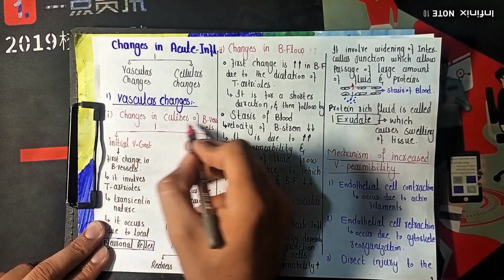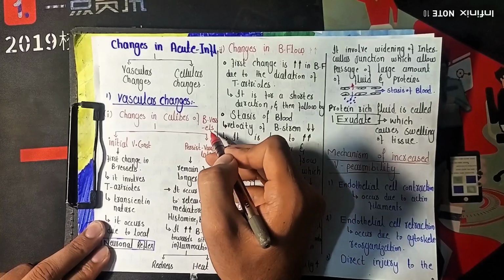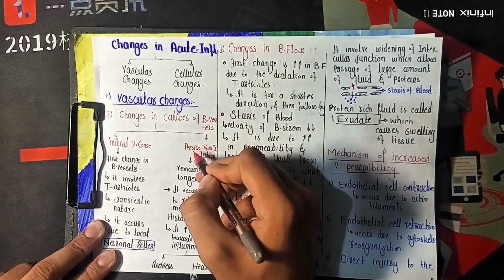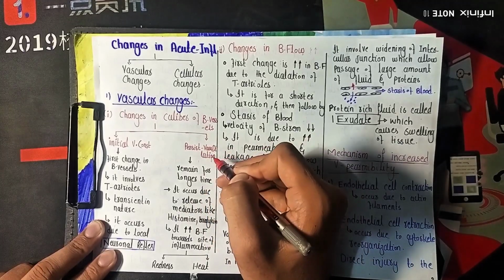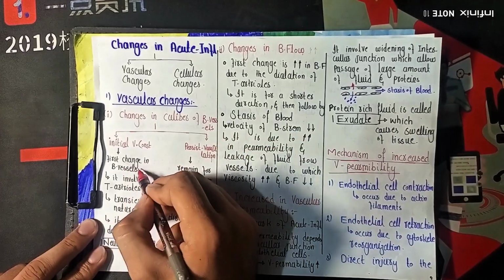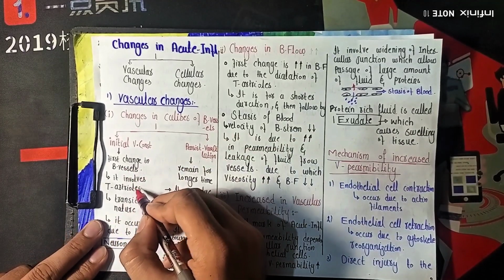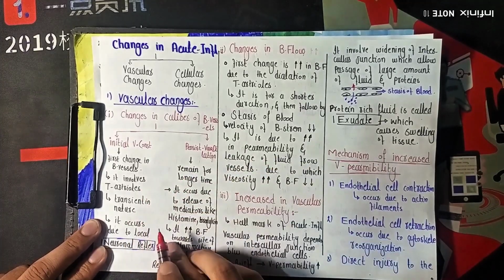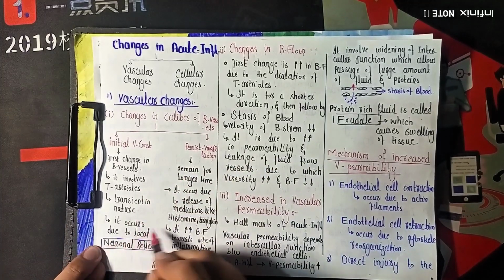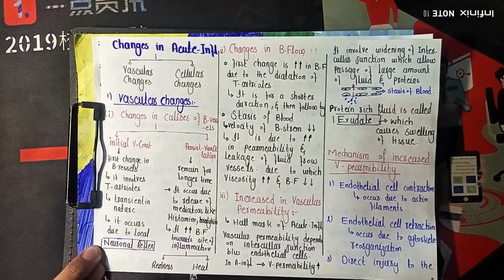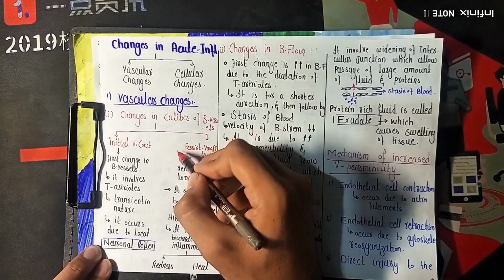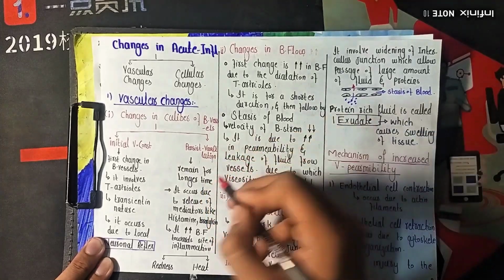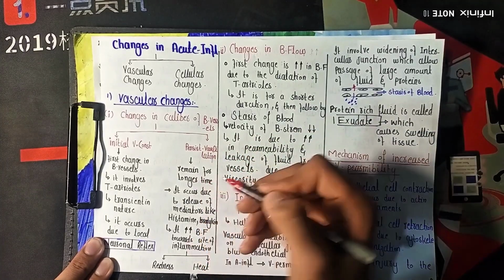तो सबसे पहले आते हैं about the change in the caliber of the blood vessel. It initially involves the vasoconstriction of the blood vessel, followed by the persistent vasodilation. The vasoconstriction is the first change in the blood vessel, and it involves the terminal arteriole, and it is transient in nature, means it is for a shorter duration, and the vasoconstriction occurs due to the local neuronal reflexes, and the vasoconstriction is then followed by the persistent vasodilation of the blood vessel, which remains for a longer time, and the